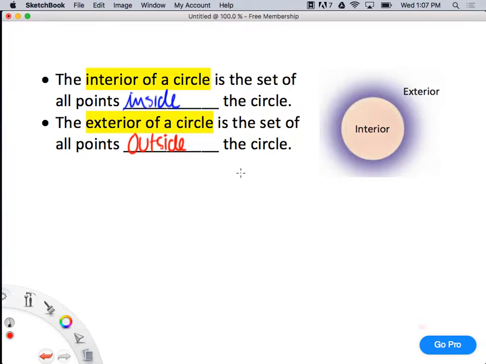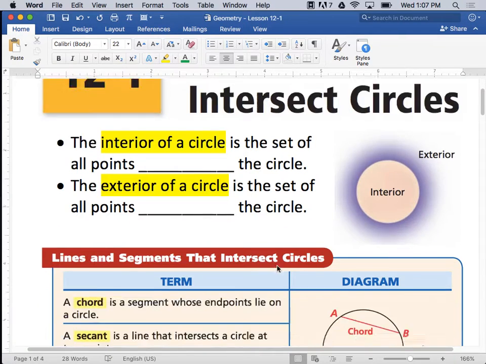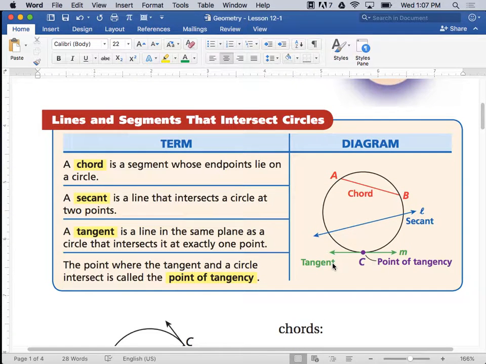The interior of a circle is all the points inside. The exterior is all the points outside. I think that's pretty easy to understand. Good job. Now we're going to get into some other things that we need to learn